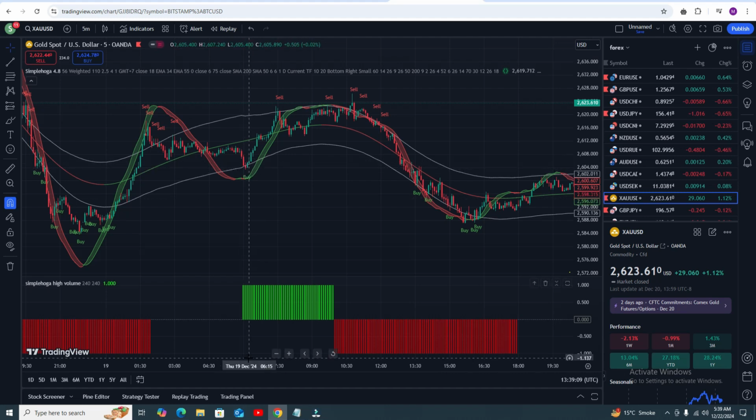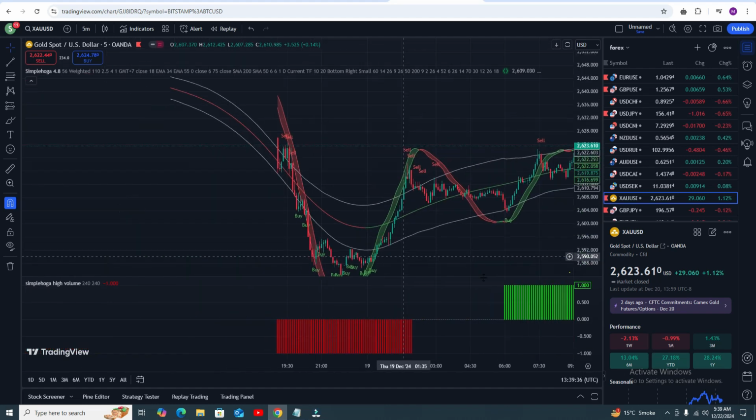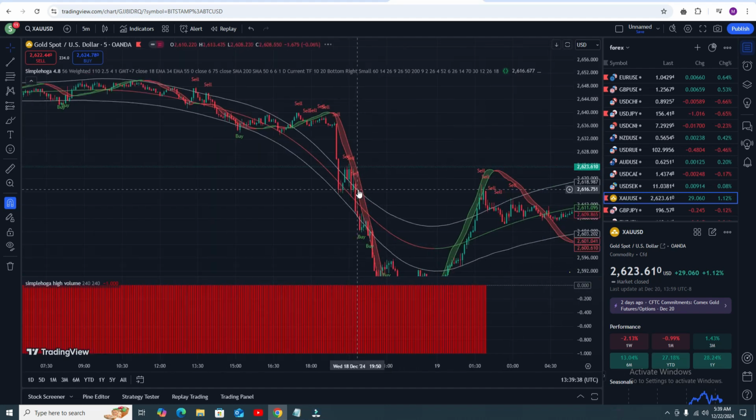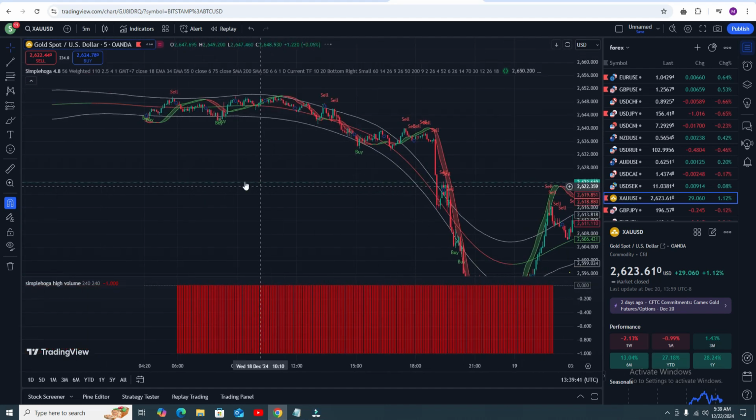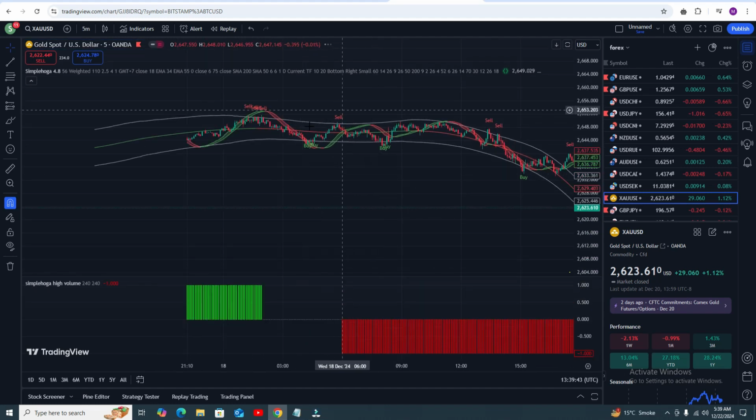Okay, one more thing here. If the buy volume starts from this candle, you can see at this point it's profitable. Yes, it's profitable. Now the sell area starts from this candle and at this point, so it's profitable. Yes, it is profitable. Okay, now let's watch one more example. It's actually huge profit. That was awesome.